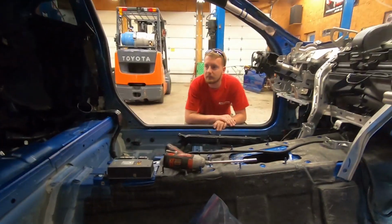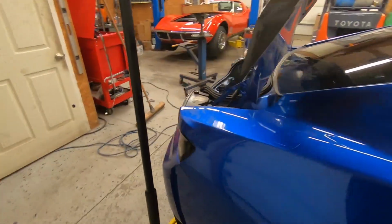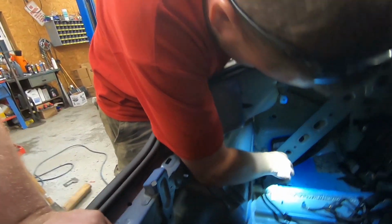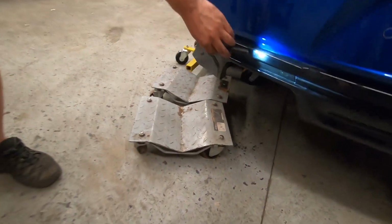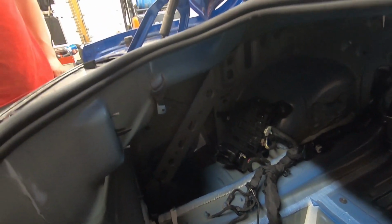Do we have to pull the rear bumper off? Yep. Oh, we gotta pull the rear bumper off. Forgot about that. Because the taillight plugs go, is that taillight? No, that's bumper sensors? Parking sensors, and is that the reverse light, I think? Yeah, I think so. So yeah, we've got to pull the rear bumper off, and then that's gonna be pretty much it,